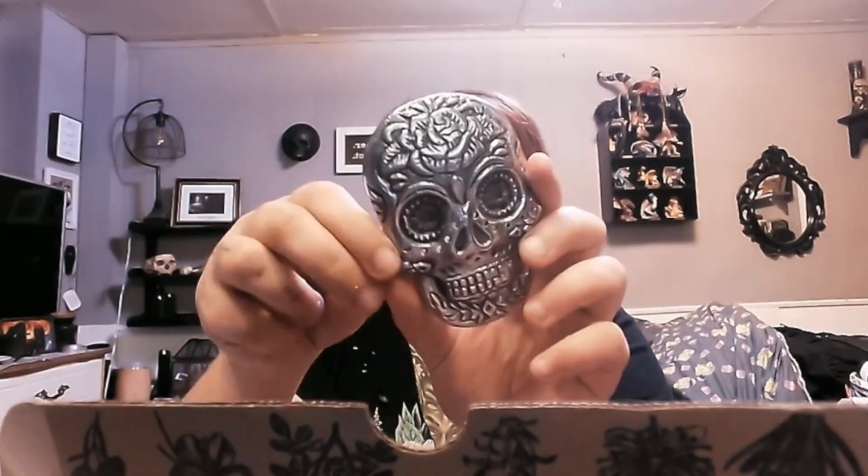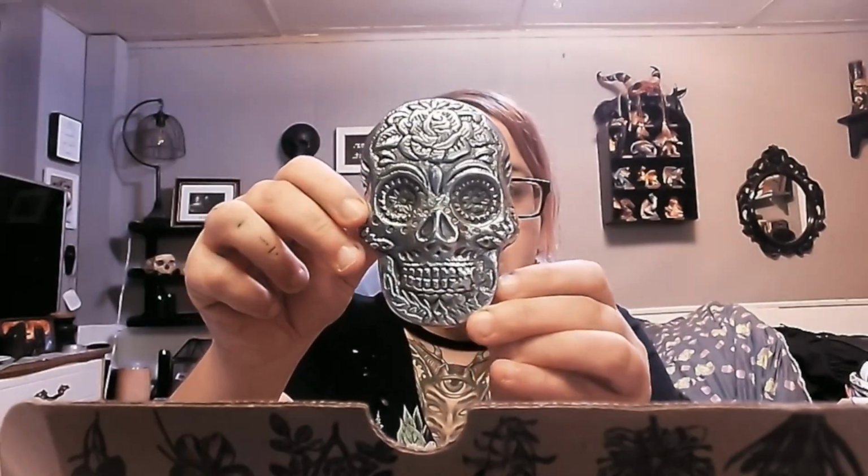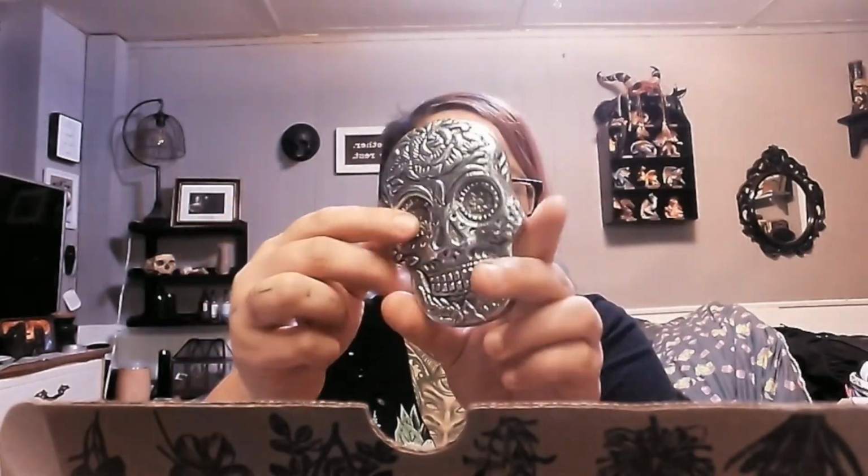Like, I can see it, obviously. I can show it to you. That's what it looks like. It's like a metal skull and like a skull bracelet. The only thing that makes me a little nervous is the sugar skull aspect of this skull. It's very sugar skull-esque, which I can see being cool, but I also understand that that is